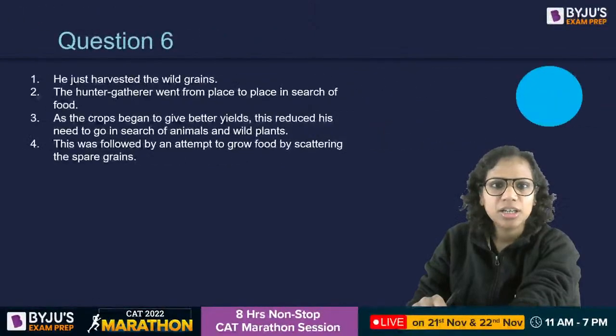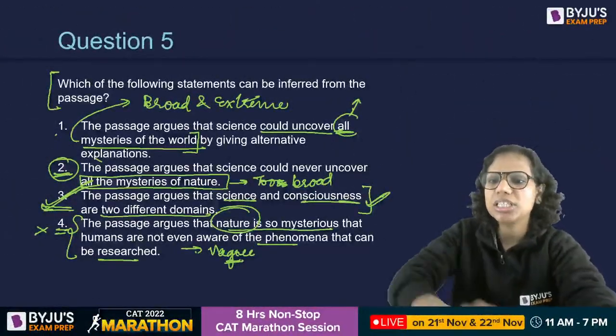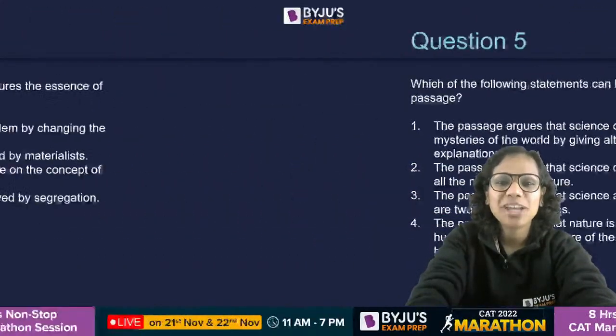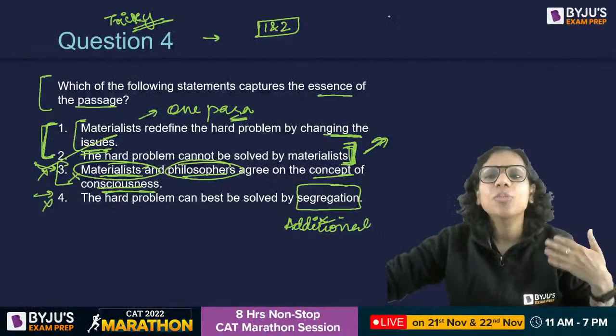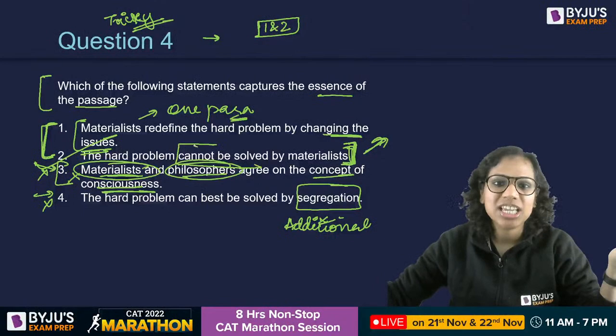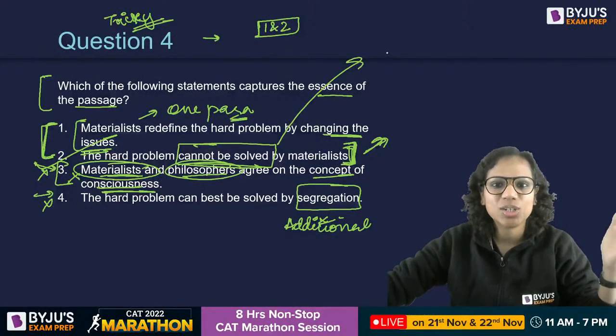then so this was your RC passage. I hope everything is clear to you. In case something is not, you can tell me. Yes, and I agree with you that in the essence of passage questions, we normally operate by this logic that we should be suspicious of extreme options, and this one says cannot be solved by materialists. Right away, it looks like an extreme option.